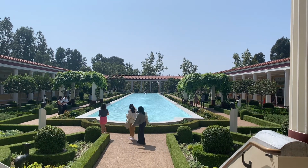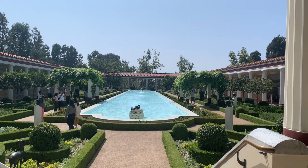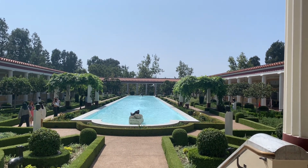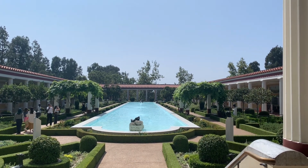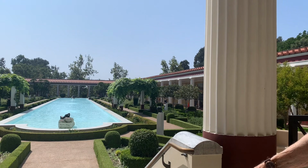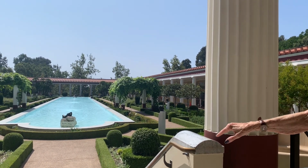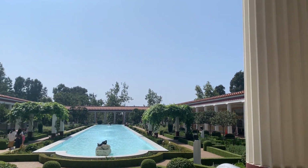And you look at their eyes, they have the white of the eyes, it's either marble or stone, and some of the statues I've seen even have eyelashes of copper wire. It's absolutely amazing. But anyway, you can see again, everything is so exact, also perfectly formed on one side or the other. And the pool is the same size as the one in the Villa dei Papiri in Herculaneum, except that one is 6 feet deep and this is only 18 inches. Because if it was deeper than 18 inches, we'd have to have Los Angeles County lifeguard here